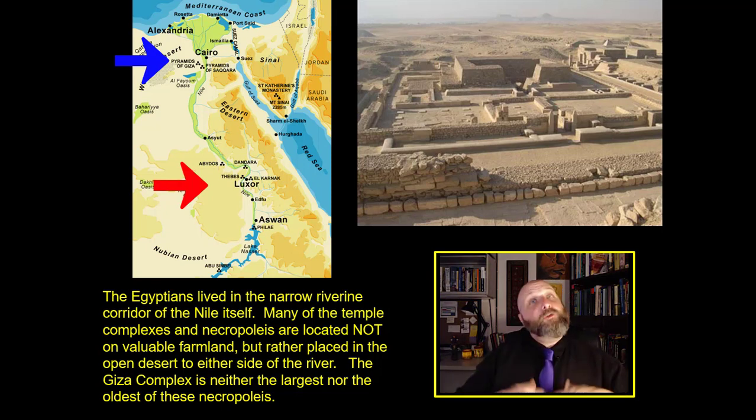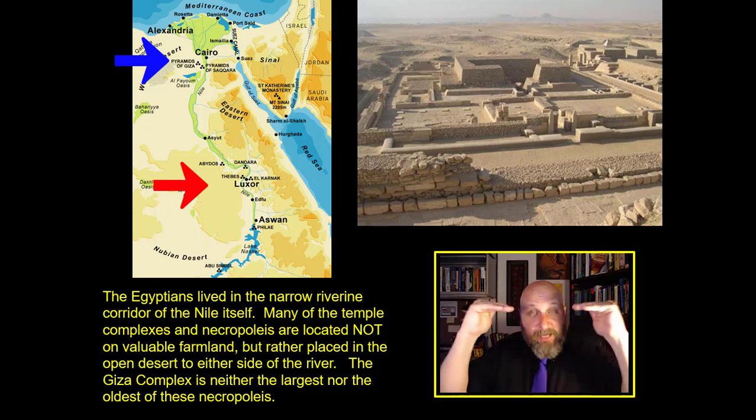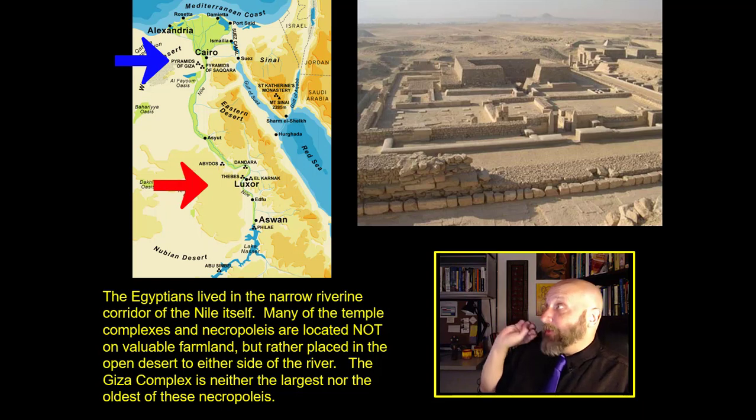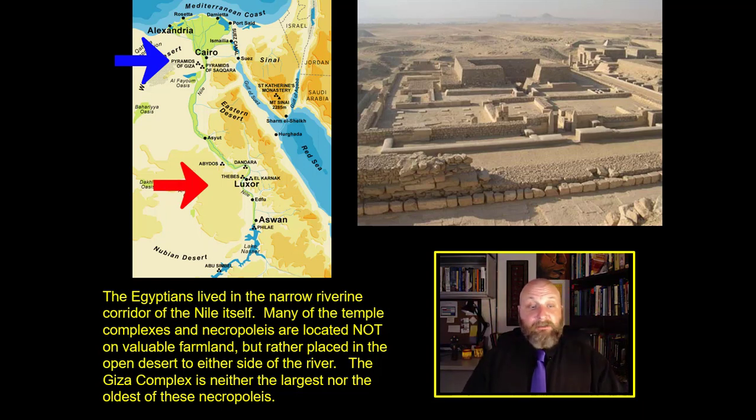So when they're building funerary complexes, when they go to build a necropolis, they're not going to put these religious structures, they're not going to put this funerary architecture inside the Nile Valley itself. It makes no sense to bury people in agriculturally fertile land when you have only a small and finite amount of it. On the other hand, what you can do is go outside of the Nile Valley into the high desert that's on either side of the river, and you can build things there, and you can bury people there. And there they're going to last forever, for a very, very long time.